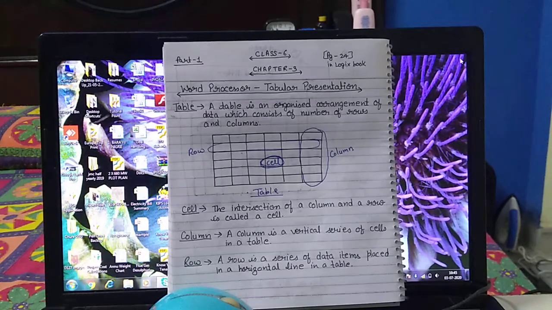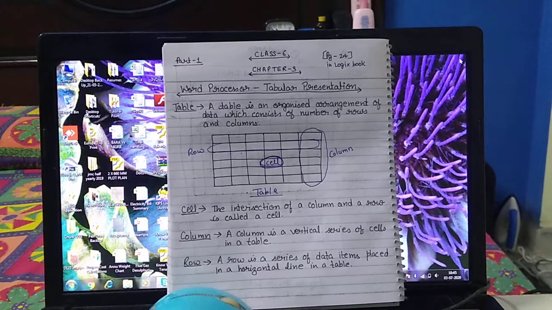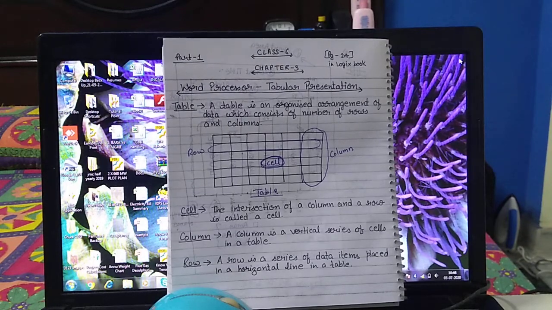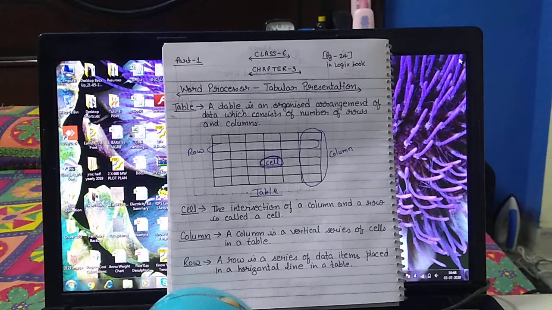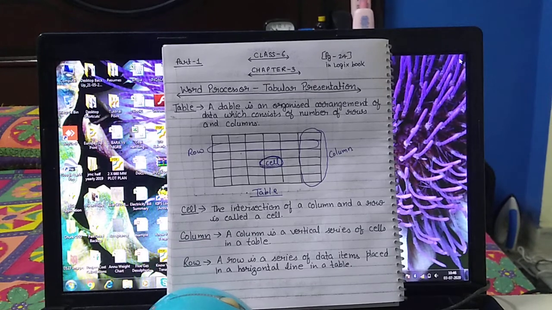Means what? We have all worked on MS Word since you were in class 3rd. From that time we were reading about word processor, MS Word. Now in this chapter we will learn about tables: how we can insert a table in MS Word, how we can enter data, how we can edit the table, how we can delete the table, and so on. So many things we will learn, including how we can format the table. But firstly, before all this, we will start with the table itself.